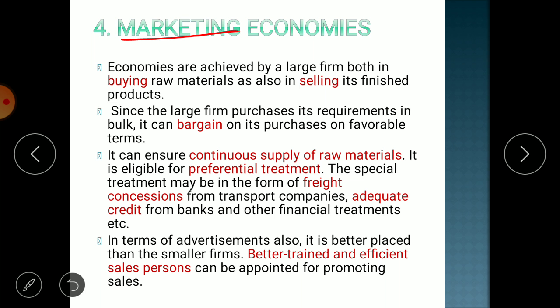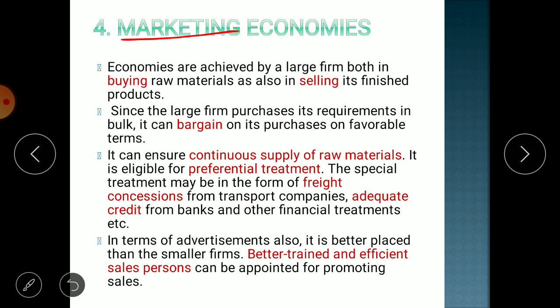First thing, if you are purchasing in bulk, then you need transportation. Whether you are a large firm or a small firm, you need transportation after purchasing, from your supplier's gate to your factory gate. If you are purchasing in bulk, then you can have your own truck. The full truck will be yours, so the per unit cost of transportation will be less. If you talk about the small firms, they are not purchasing so much that one container will be for them only. They cannot have one truck, so they need to wait for a truck that will load